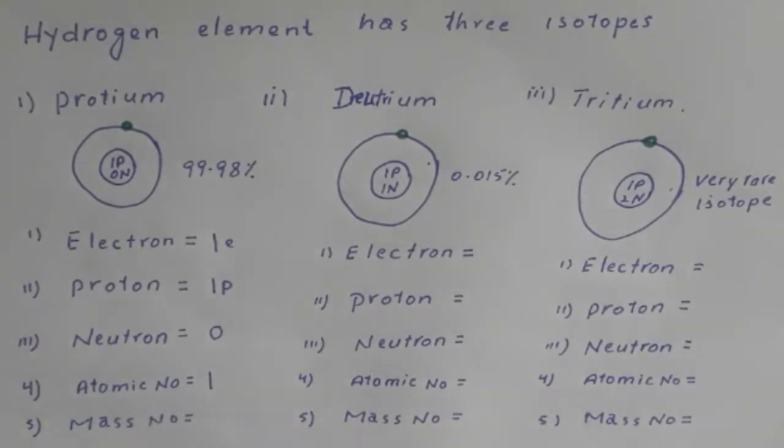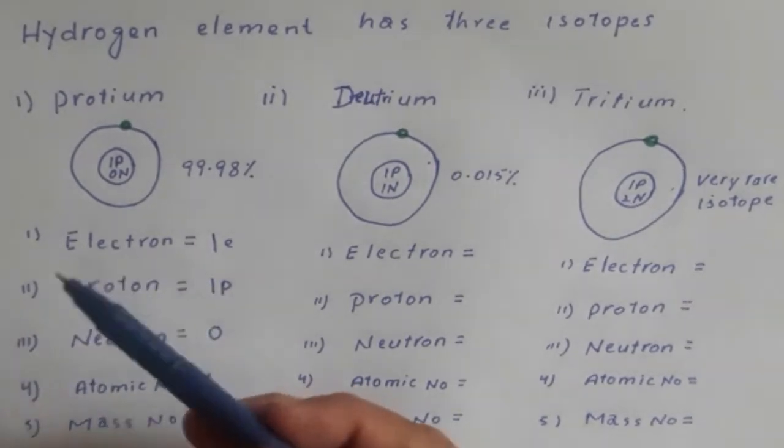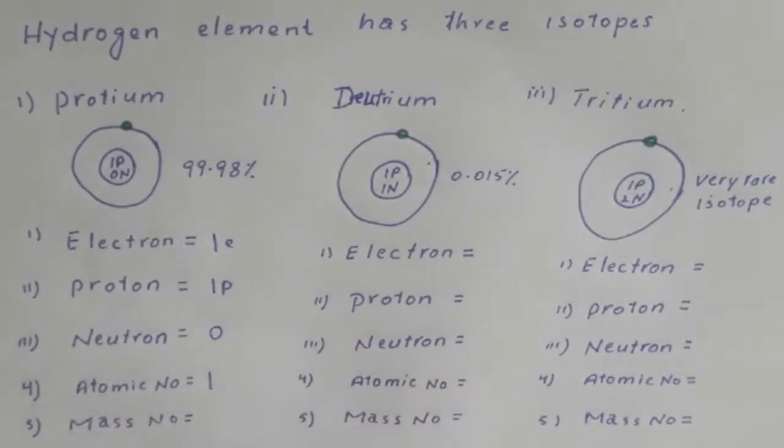So mass number is the sum of proton and neutron. So protium has no neutron, so only 1 proton. So mass number is also